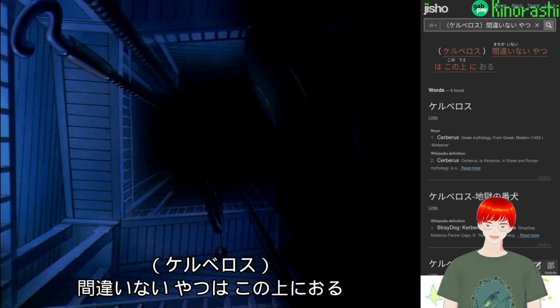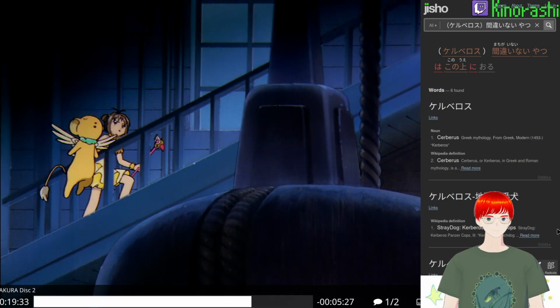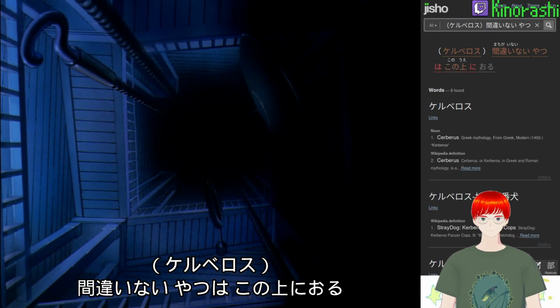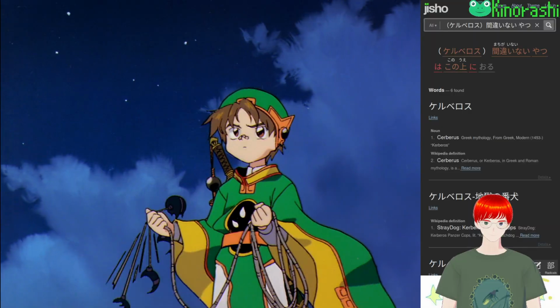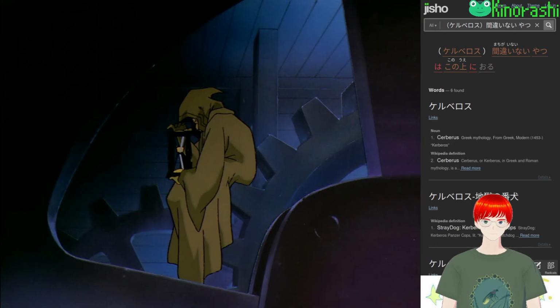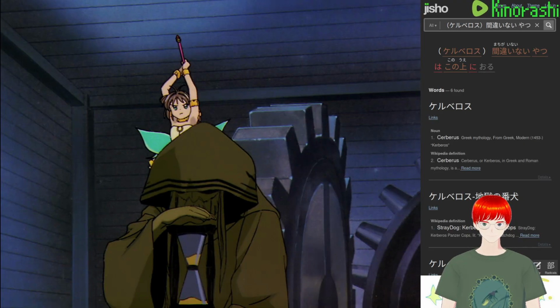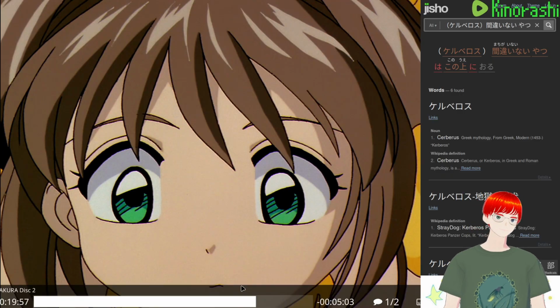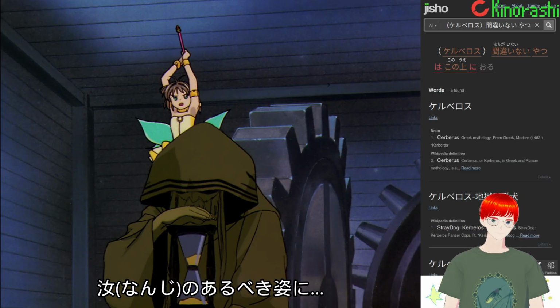間違いない。やつはこの上におる。間違いない。奴はこの上におる。汝のあるべき姿に。